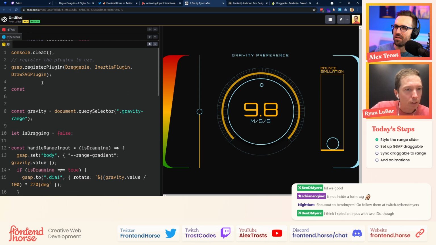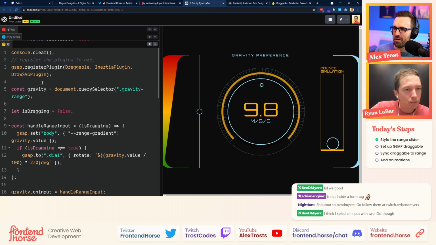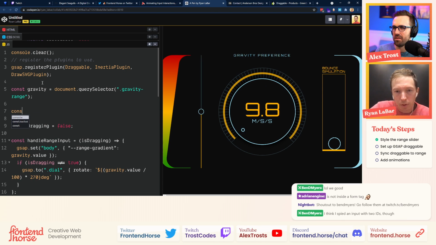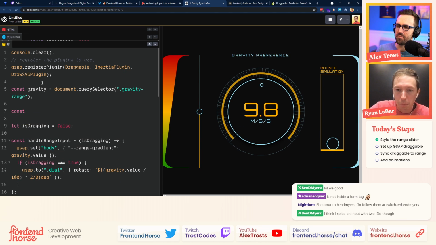We can do it below the gravity selector there, just to keep that one separated. So const gravometer, whatever you want to call that. Equals gsap.from,